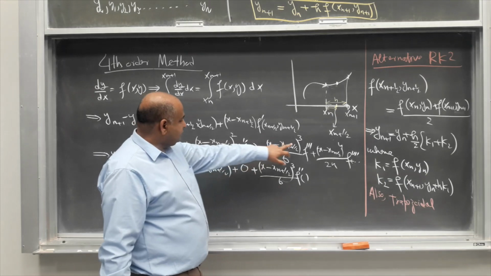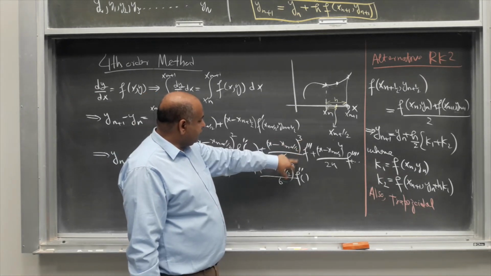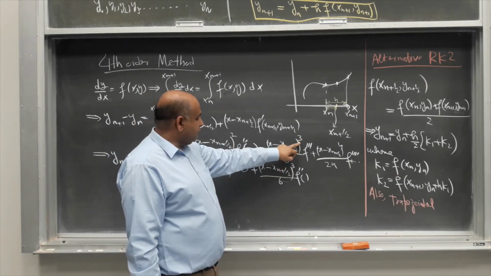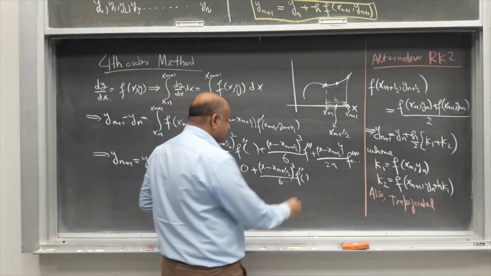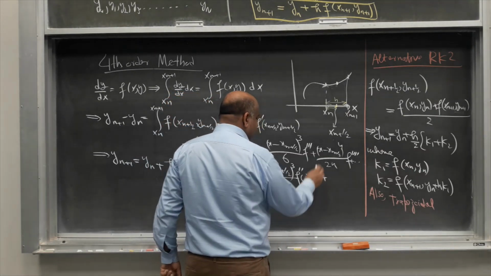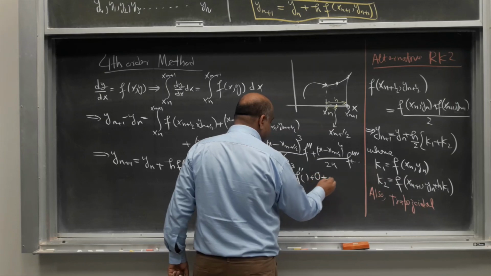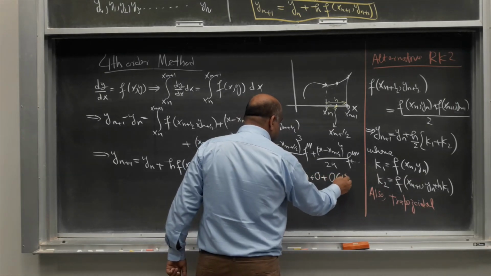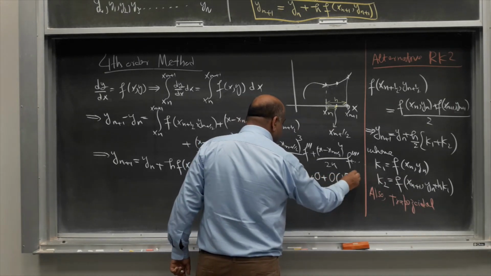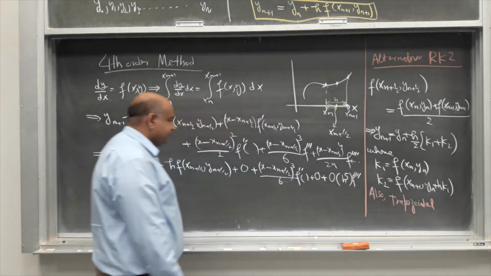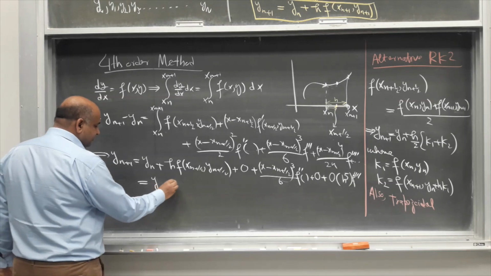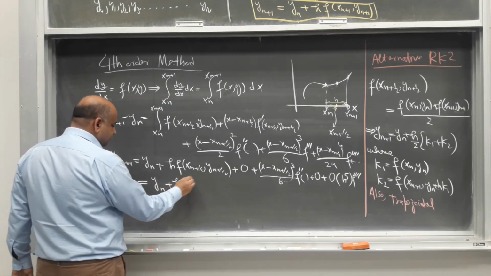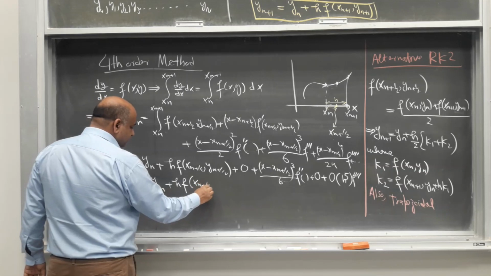Now similarly, this is a cubic term, so its integral would be a fourth power, and when I put the two values for x, I will get 0, so this is 0, and from this term I will get a term which is of the order of h power 5 into the fourth derivative. Alright, so we have yn plus h f of xn plus half,